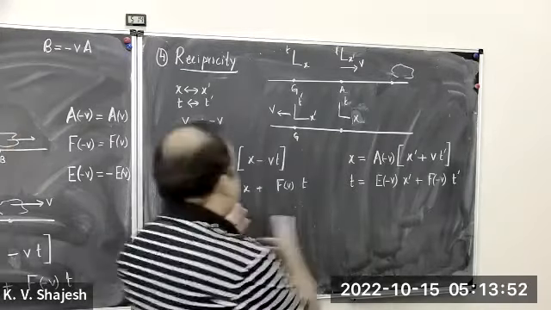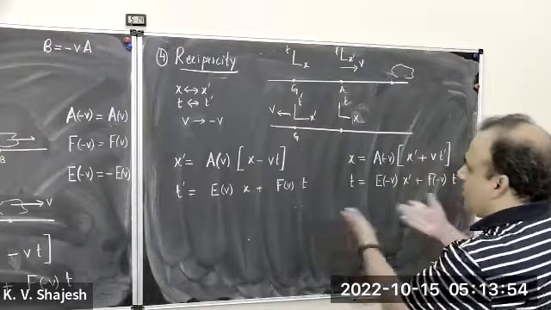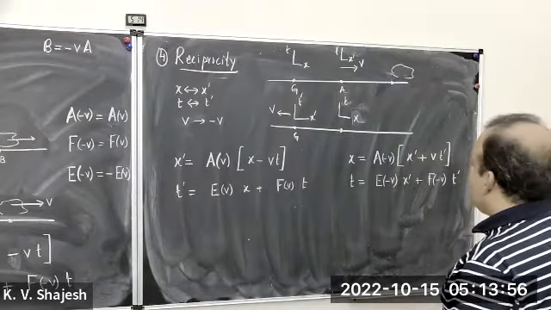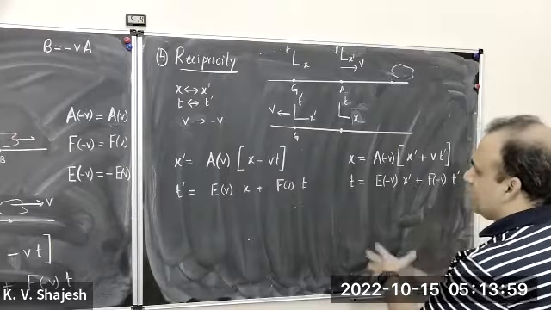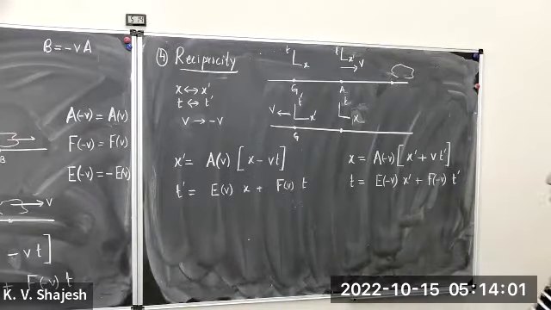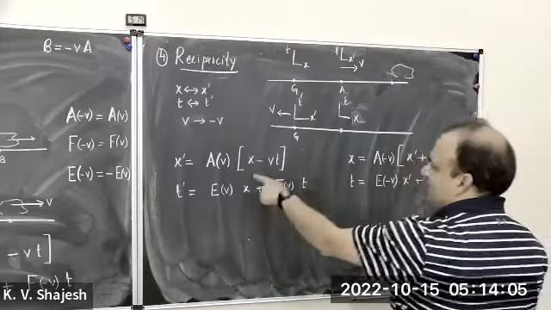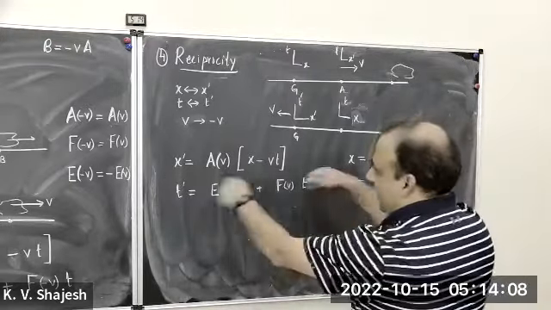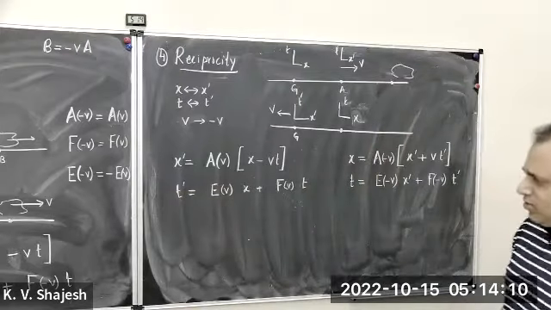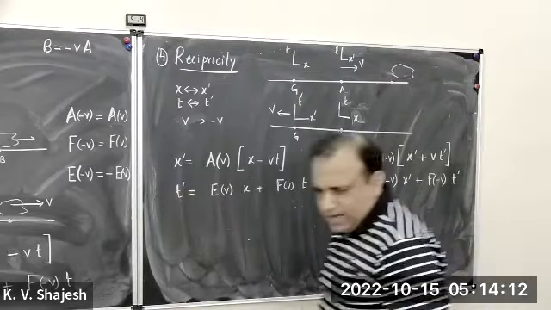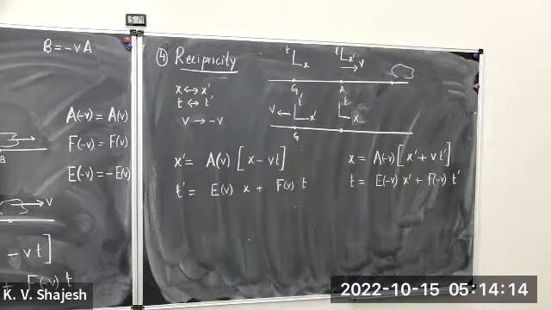That's a mathematical requirement. Then there should be some consistency here, right? So put this all together. What you basically do is substitute this x in there, t prime, t in there, and you will get a condition, and it should be consistent. I can do that algebra. It will take only two steps, but it's not very insightful. So I'm just going to write down what the consistency requirements are.